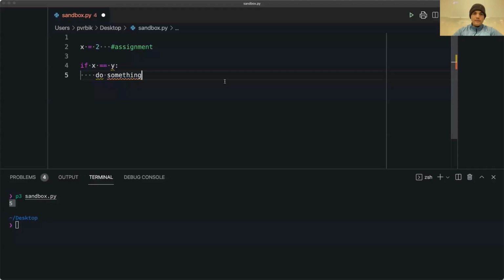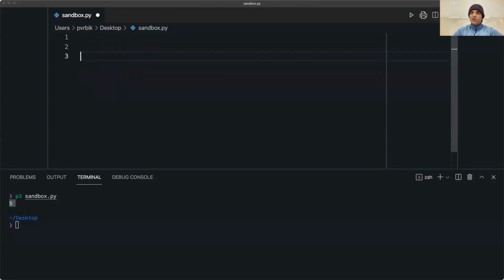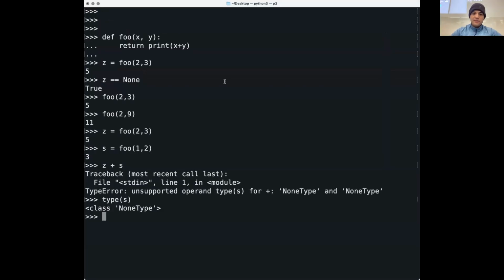So I'm going to write a function. The first thing we need to do is say def. I'm going to define a function. Now let's call this area of triangle. And what do I need to give the area of the triangle? Well, I need to give it 3 sides, a, b, and c.